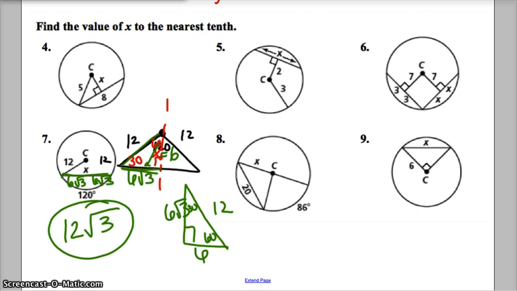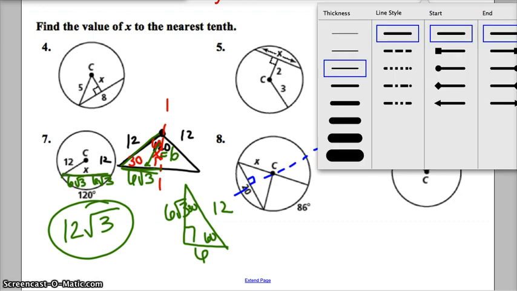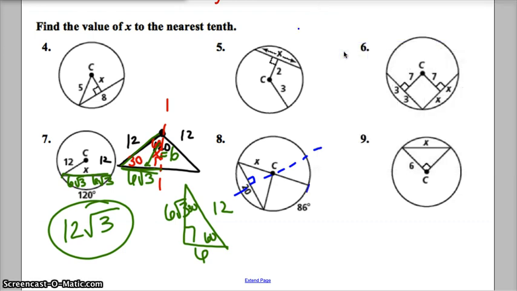Letter B is very similar. If we recognize a chord can cut through the center and be a perpendicular bisector, we're going to end up with a 90-degree angle here, but it's not a 30, 60, 90. Because this arc is 86, this interior angle is also 86. This makes a straight line. It's 180. So 180 minus that 86 ends up giving me